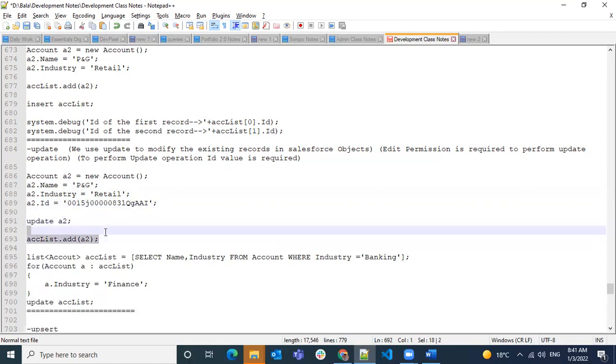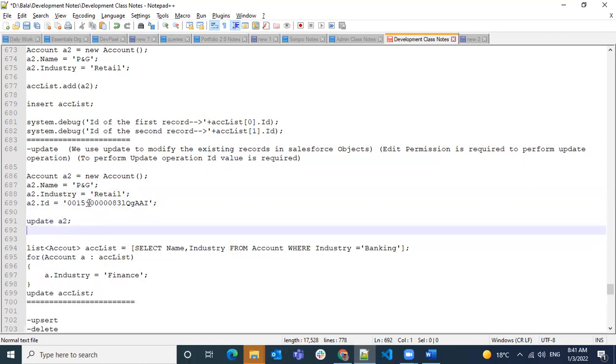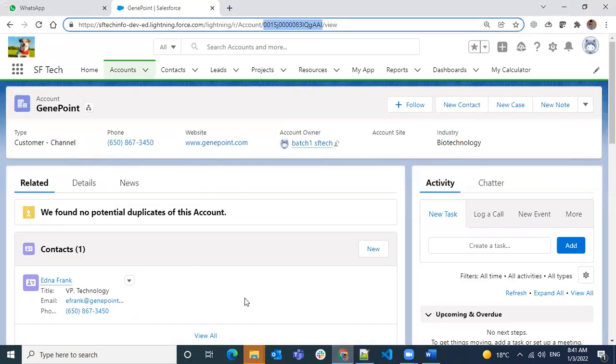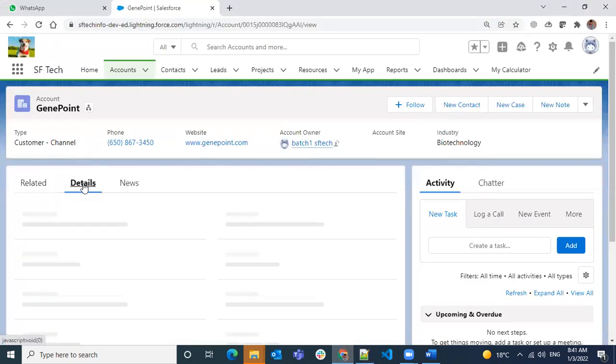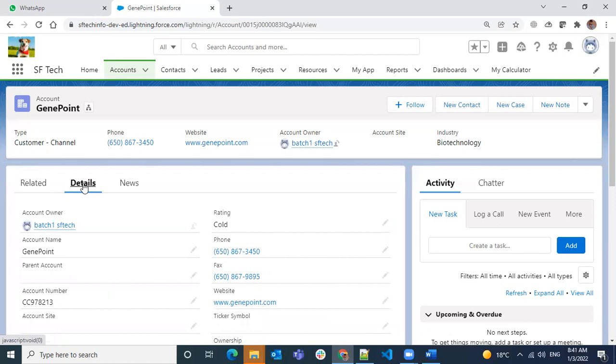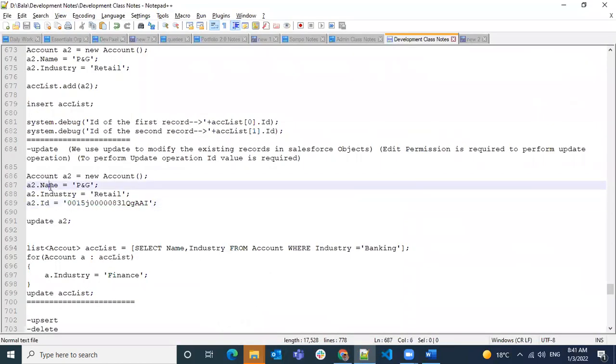It doesn't mean that this account will only have these three values and all remaining values will be null or false. That is not the way it happens. Whatever values the other fields have will remain as is, and only the fields mentioned in the code are going to be updated.